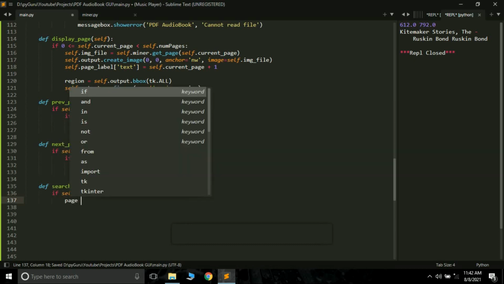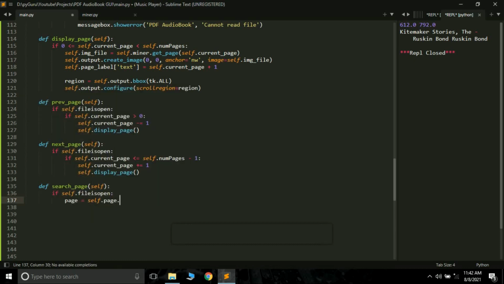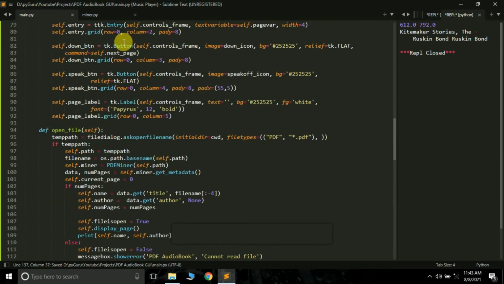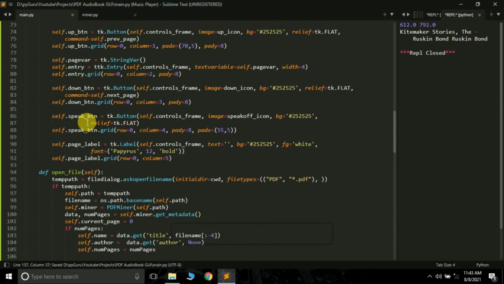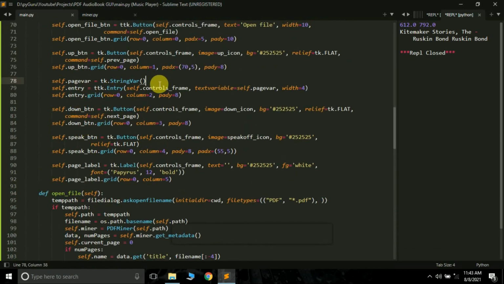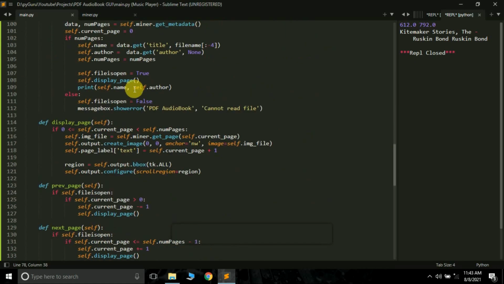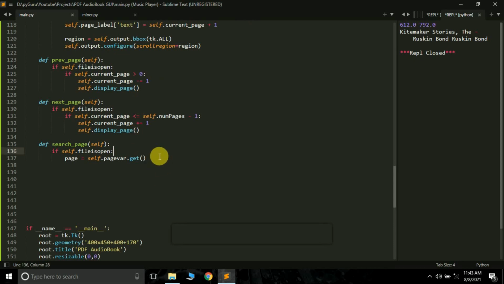Page equals self.page_var.get. Now this is the variable that we have created here, self.page_var. This is the variable which is storing the value of the entry box. Since we have passed textvariable equals self.page_var, this is the variable which is storing the page that is currently entered in the entry. So page equals self.page_var.get.